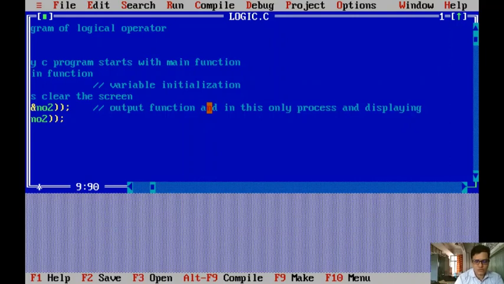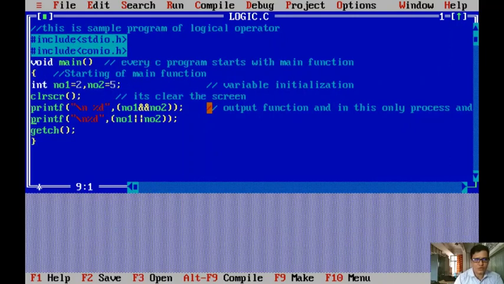And the next is also similar. And getch, as you know, what is the purpose of getch. If we use this getch, we need not press Alt plus F5 key to view the result.